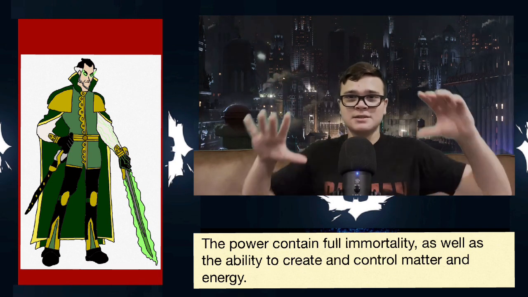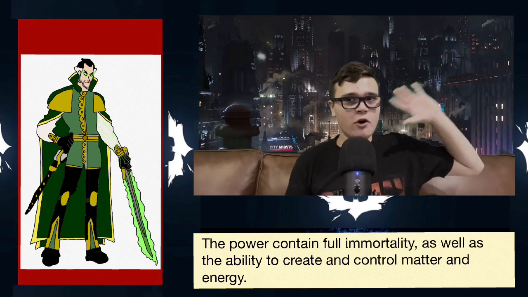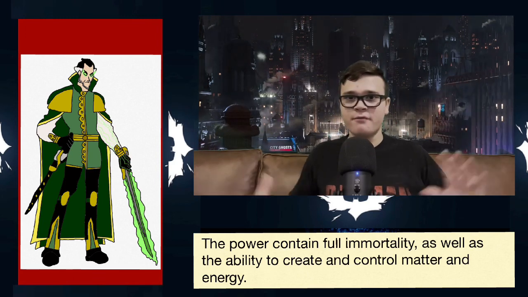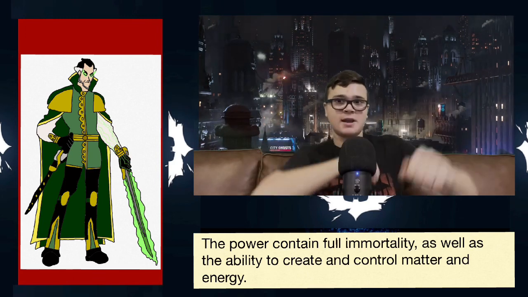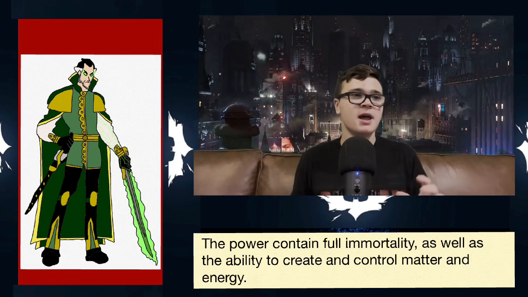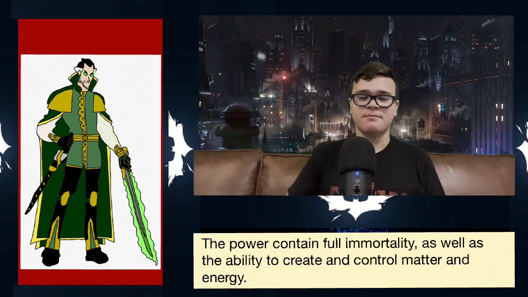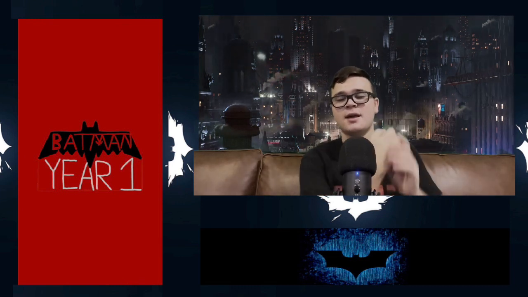So, we get this very cool fight between fire-powered Ra's al Ghul versus Batman. It's a very cool fight. Batman's like trying his best to block, and then like Ra's al Ghul's using fire powers to shoot him, and he also has this green fire sword and stuff. There's a picture of what he would look like green fire powered. So it's very, very cool. And then they keep fighting, and then eventually at one point